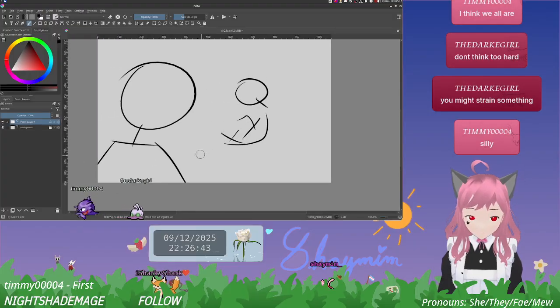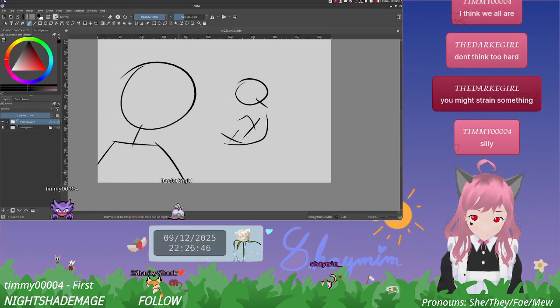Right, and then we have part of the ship that goes like this.